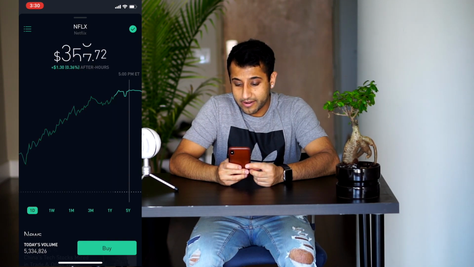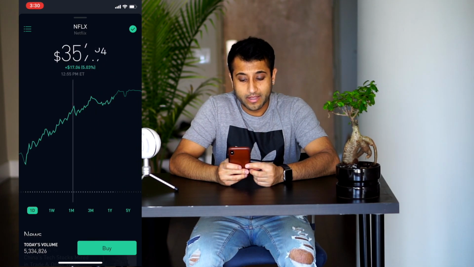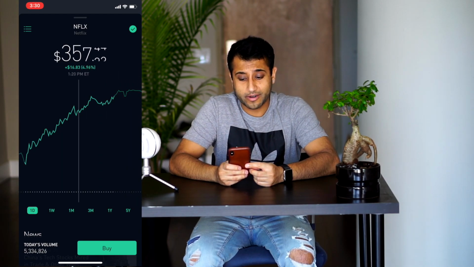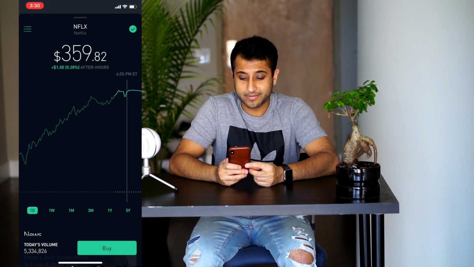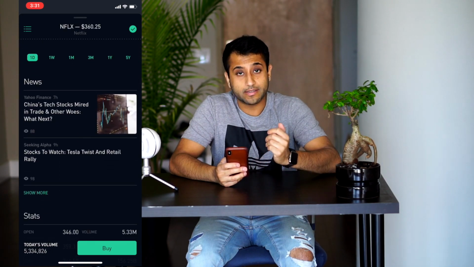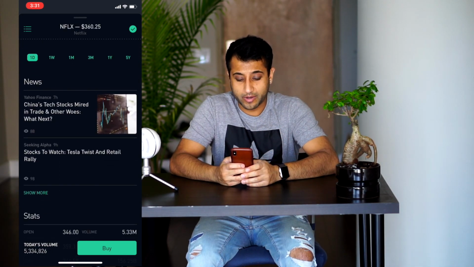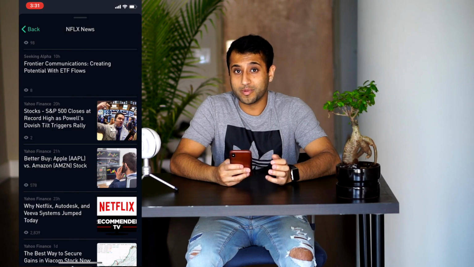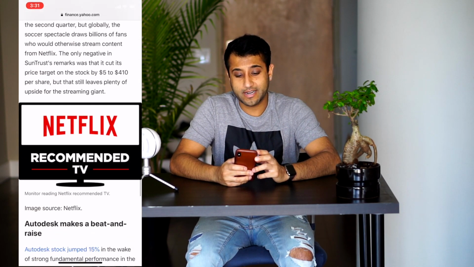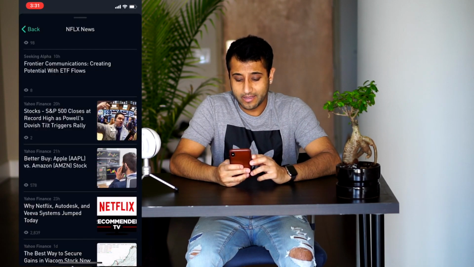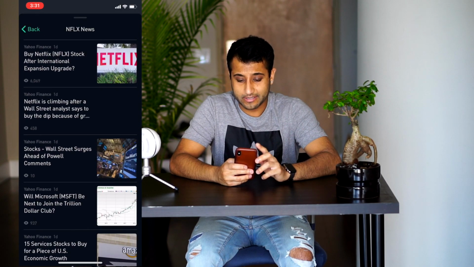And then this area right here is a switch between a dark and a light green color. The dark green color, in this case, represents the day trade, and the light green color here now represents the after hours. So underneath that, we see the latest news related to this stock. We can press show more. Clicking these articles opens up a web browser that lets you read the article and see the latest news pertaining to that stock. So going back, underneath that information,